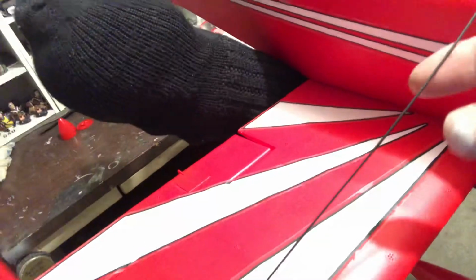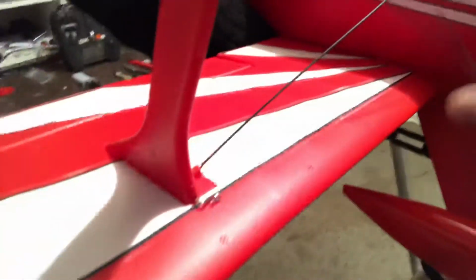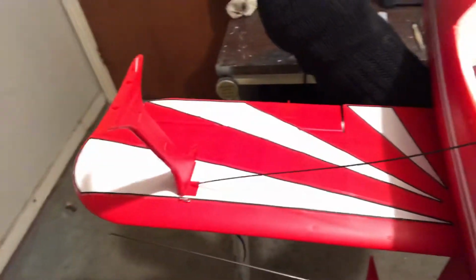But I want to show you this. There's a little carbon fiber rod, if you can see it there. I got the other one right here, sticking out right here. I'm gonna try to get them in. But in order to put those on, that's optional, so you don't have to put them on if you don't want to. But in order to put those on,